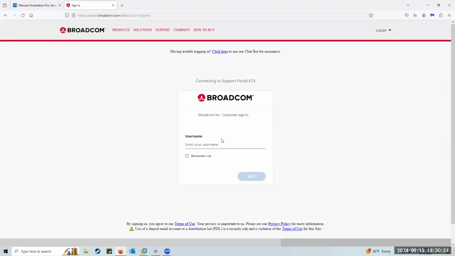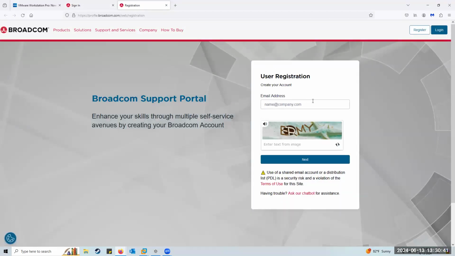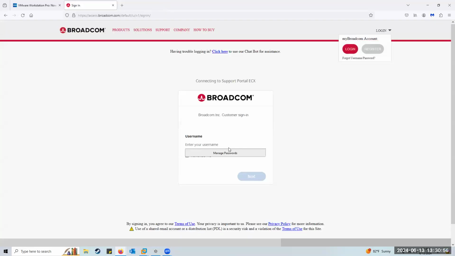And it's going to bring you to this login page for Broadcom, right? So if you do not have an account, you can ask the bot for assistance, or you can come up here to log in and you can click register. When you click on register, you can give it your school email, and then do the CAPTCHA here, click next. You'll go through the registration process, create your password, etc. Then you'll come back here and you will log in. And once you get logged in,